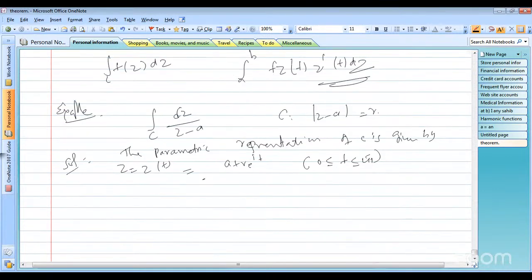So now z'(t), that is dz by dt, equals r times e to the power it. Hence by the formula, the integration over C of dz by (z minus a) is